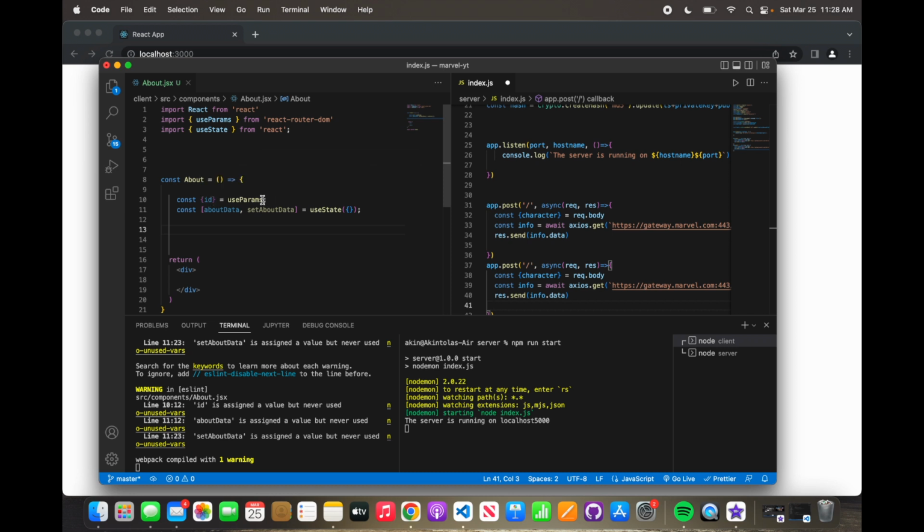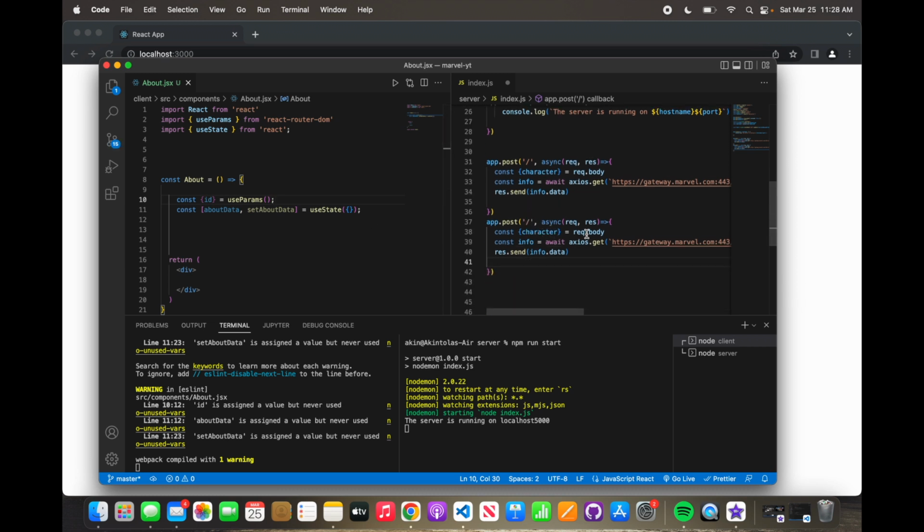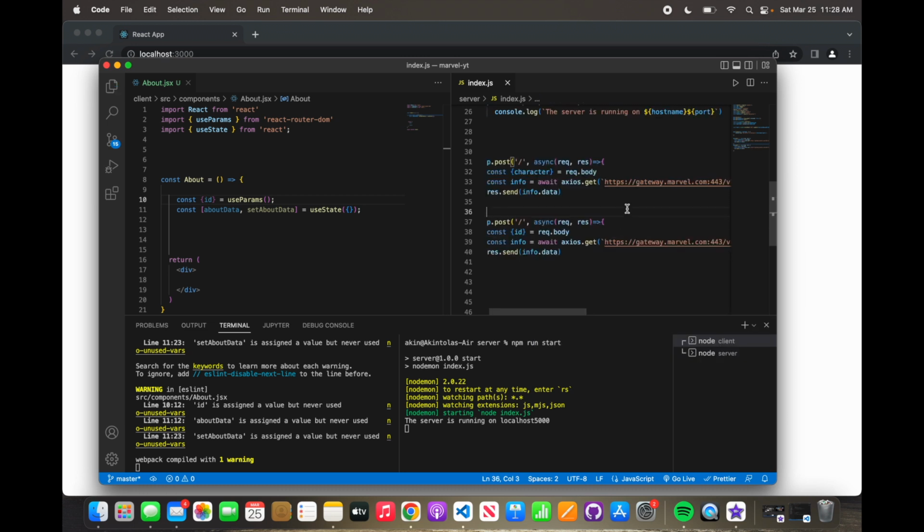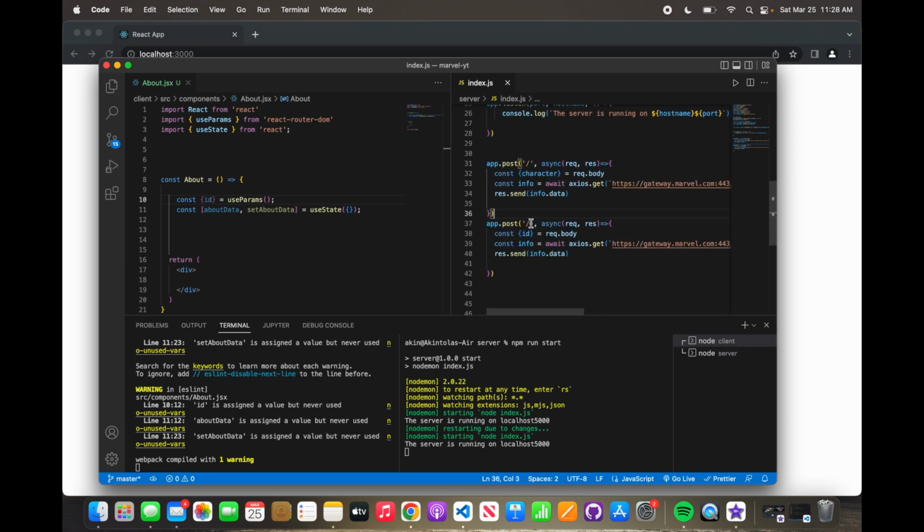Okay, before we forget, let's use params and that. Awesome. So we're passing in this ID rather than character. We're just going to change this to ID, and this to ID, and ID. Awesome. The only thing is, let's change this to character